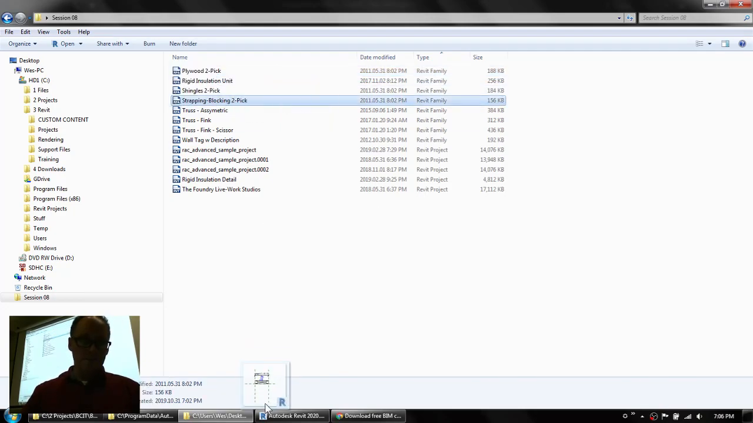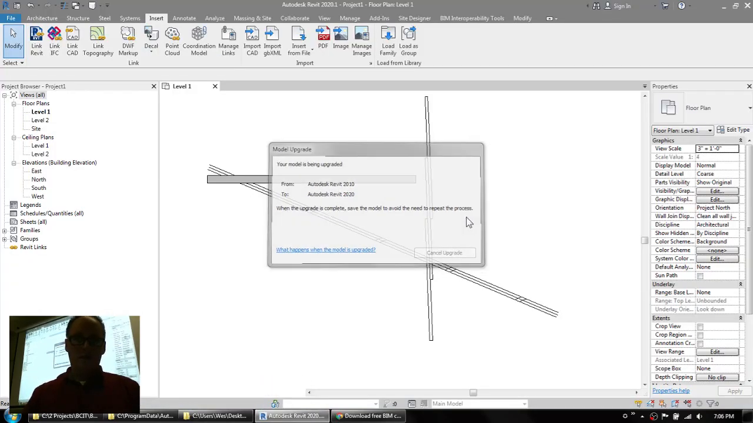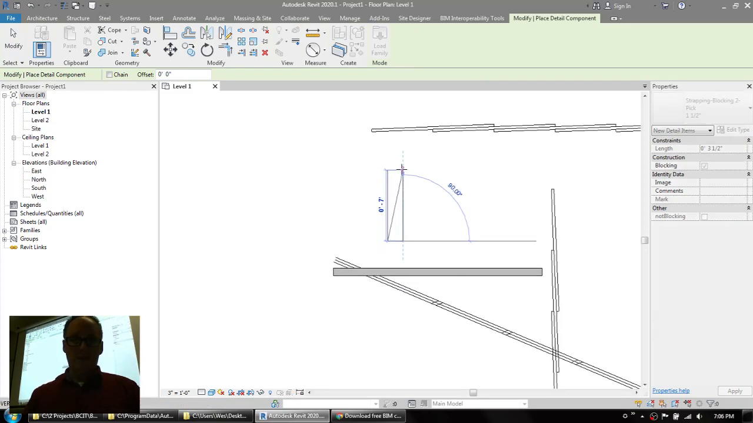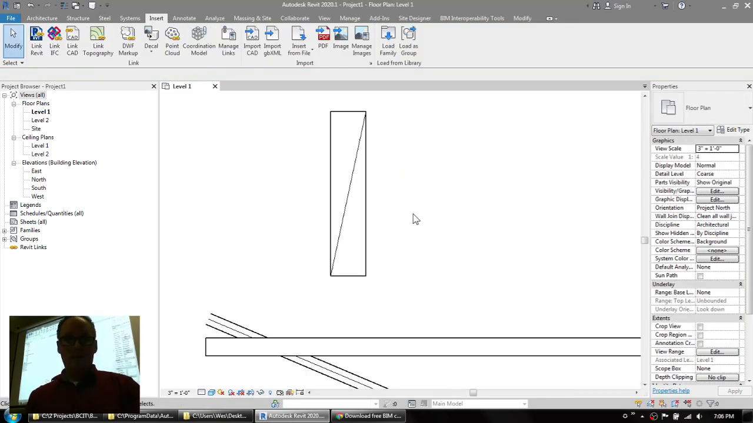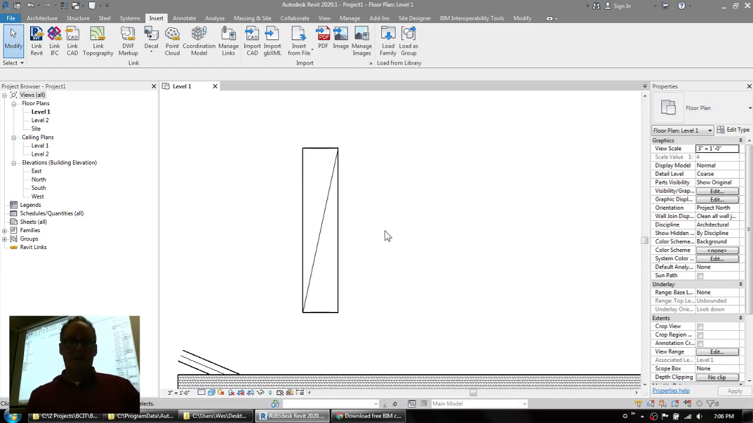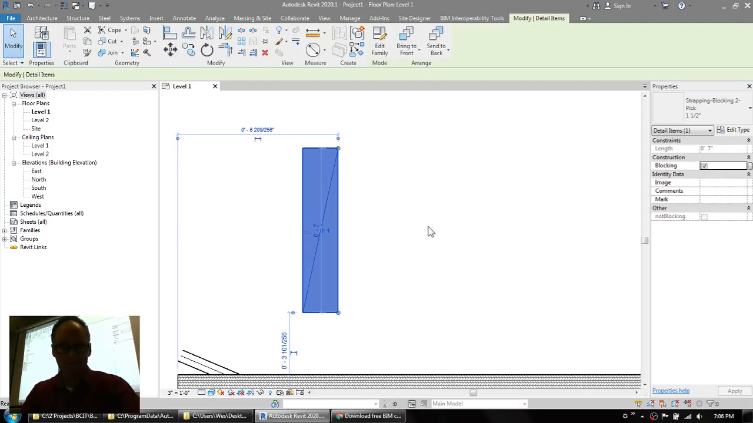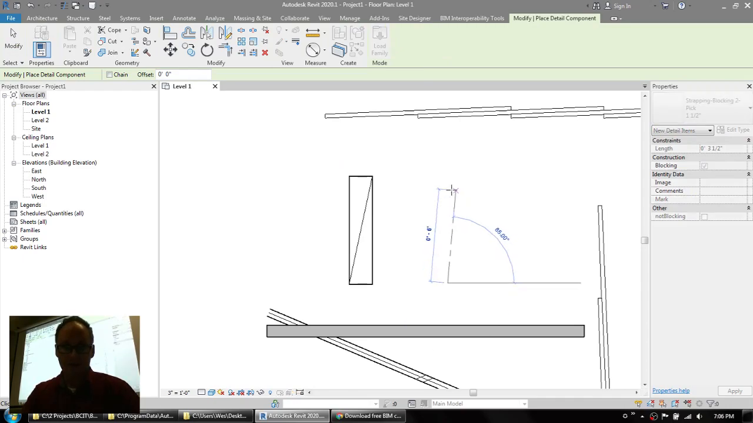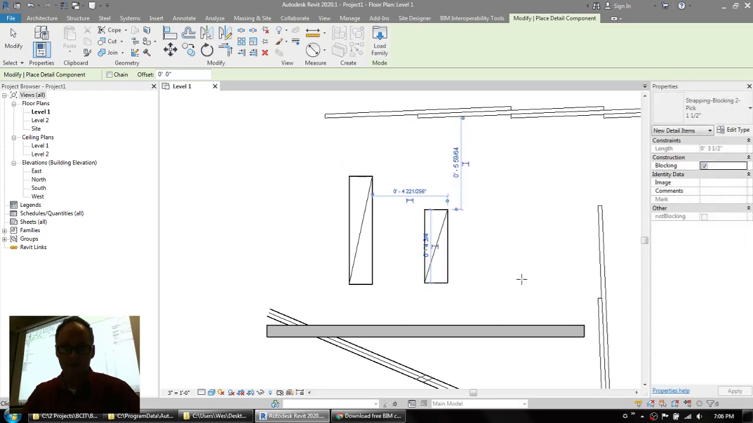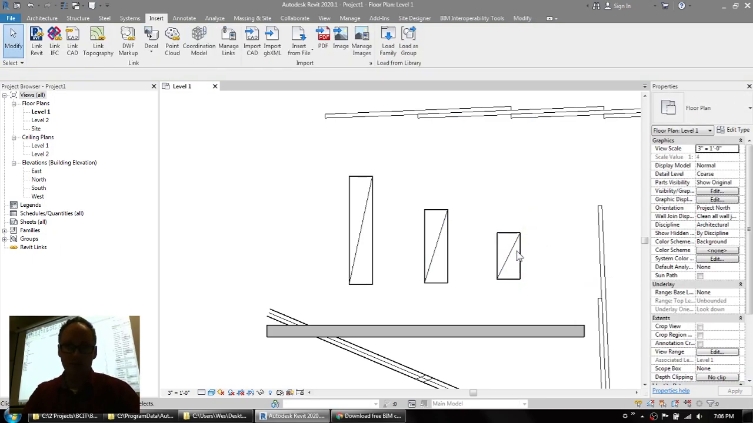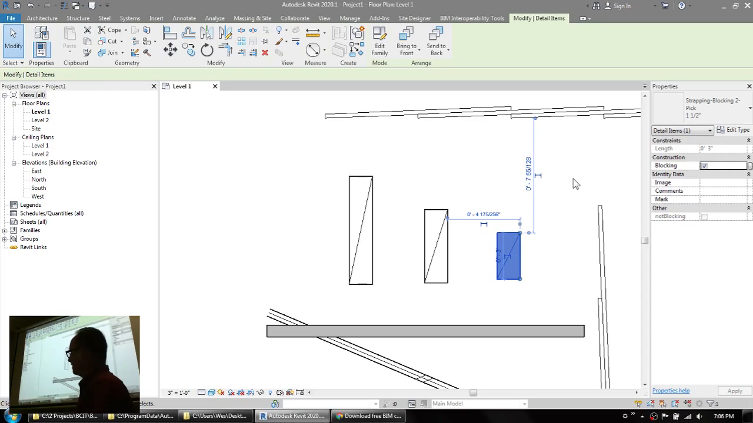Another one here. This is a two-pick family, and this one would be used for detailing purposes when you're doing a sloping deck. So if it's a wood frame deck, these are for doing sleepers, and this allows you to draw the sleepers at different heights, right? So it's still 1.5 inches wide, and you can see that it has the single slash